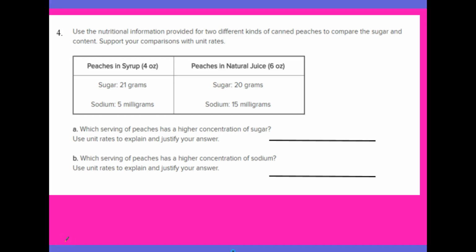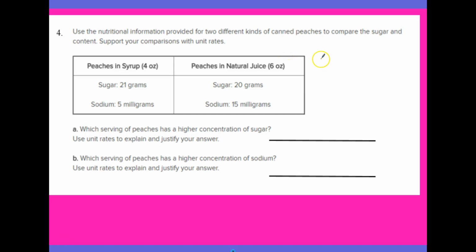Number 4 says, use the nutritional information provided for 2 different kinds of canned peaches to compare the sugar content. Support your comparisons with unit rate. So it says we have 4 ounces here of peaches in syrup, and peaches in natural juice we have 6 ounces. If I have 21 grams of sugar in 4 ounces and 20 grams of sugar in 6 ounces, I'm